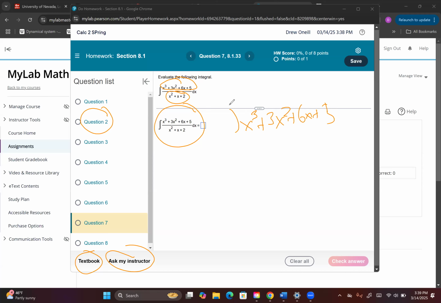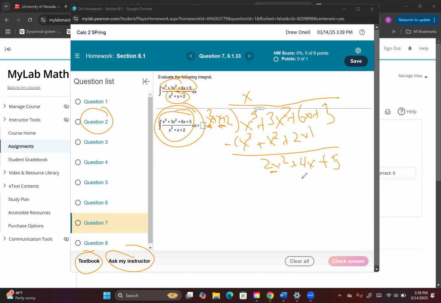I don't think you can do synthetic division, so this is just polynomial division. The integral sign says divide, so that's what we're going to do. X squared times what gives you x cubed? x, and then we multiply back through each term. Plus x squared plus 2x, and then we subtract, and we get 2x squared plus 4x, bring down that 5. Then I ask, how many times is x squared going into it? It's only the leading term into the leading term.